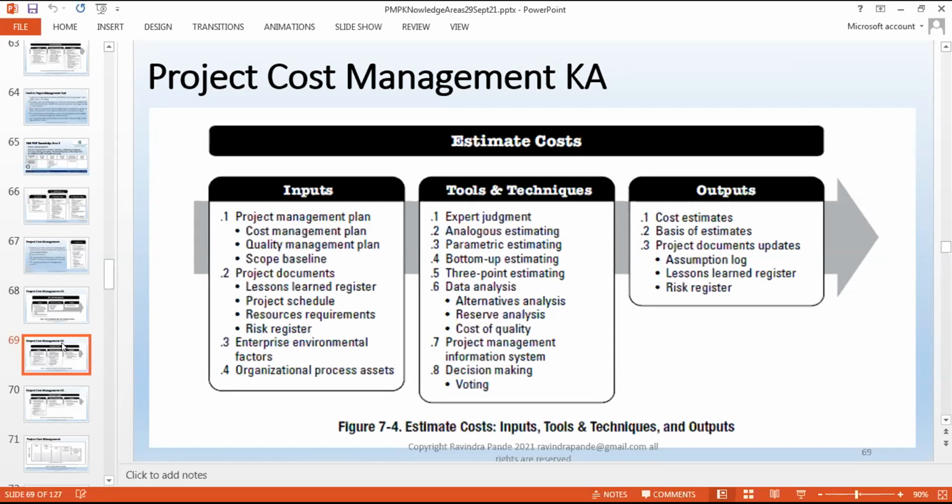Let's try to understand the documents which we're going to analyze for estimating cost. Lessons learned register: the previous better executions, or any new practices we have decided to adopt. This normally goes hand in hand with the quality management system or the project methodology, whatever you chose. Then the project schedule. Schedule is where a project team gives thought to how much time a typical task is going to take. That's how they progress, that's their version of understanding how we're going to move ahead step by step in executing the task,